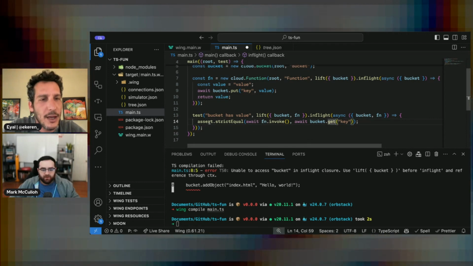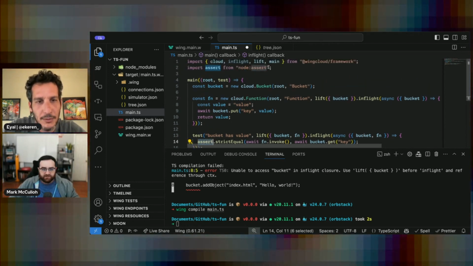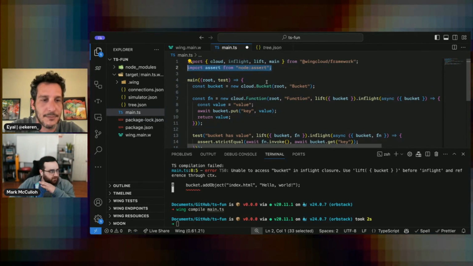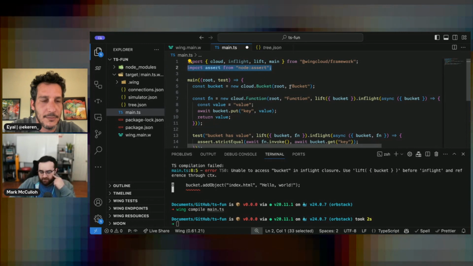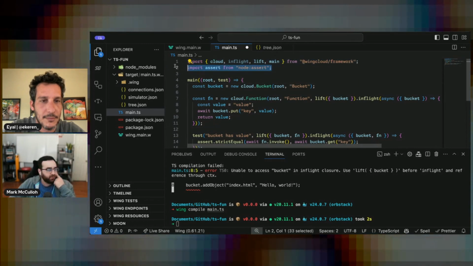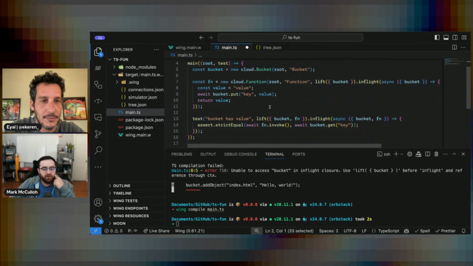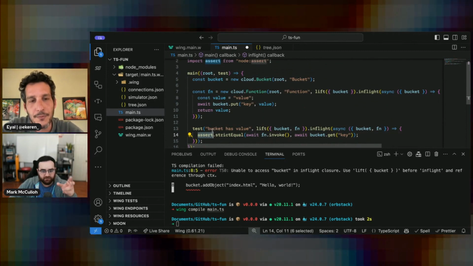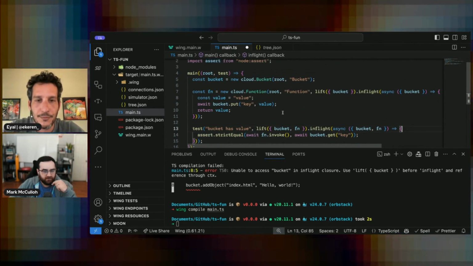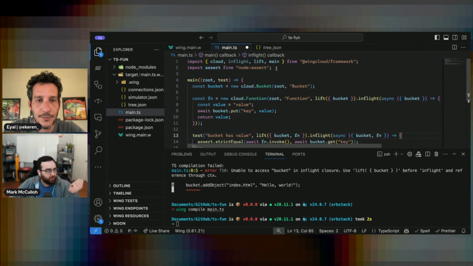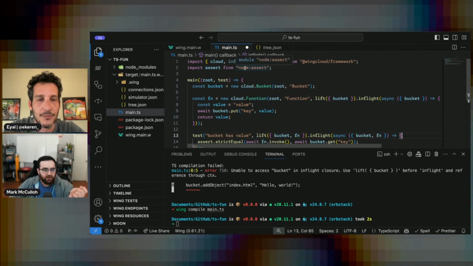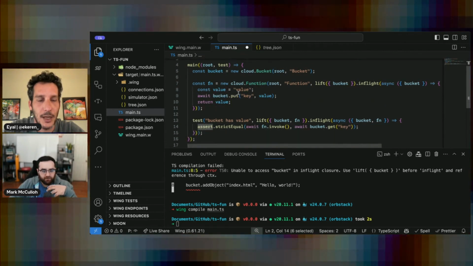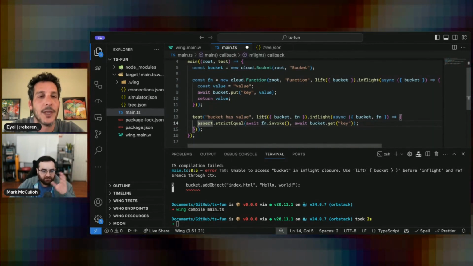Are you using the Wing framework assert or no? No need. This is a thing I want to talk about here. This is one of the more interesting features of how this works right now: you can use imports at the top of your file within your in-flight. The framework will take care of making sure that those imports are available in the in-flight for you. This works also for third-party dependencies, not just node built-ins, and it also works for local files. So I could have a separate file that I import right here, and you can call into it from within your in-flight code. You don't need to lift it. Nice.